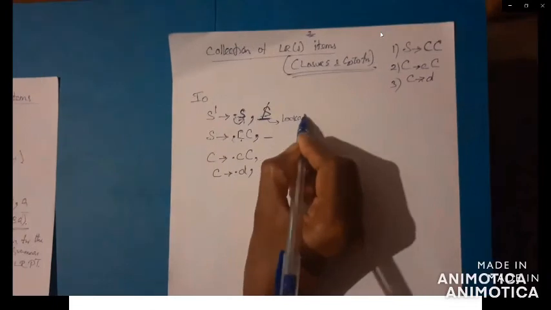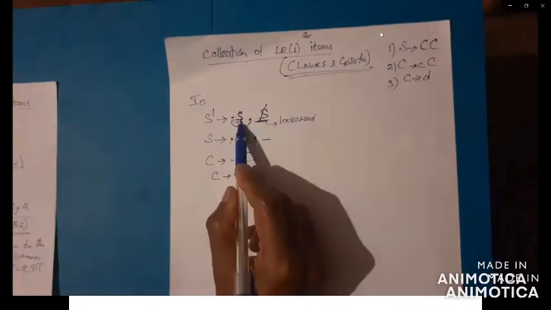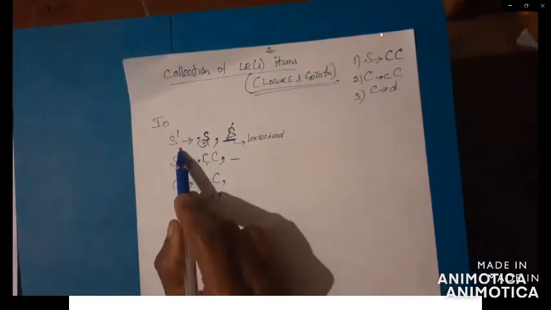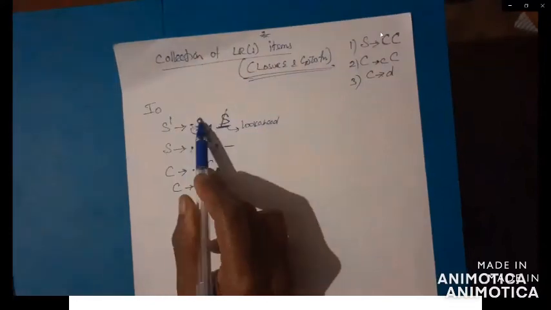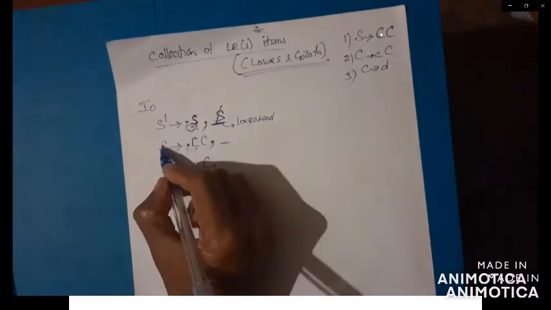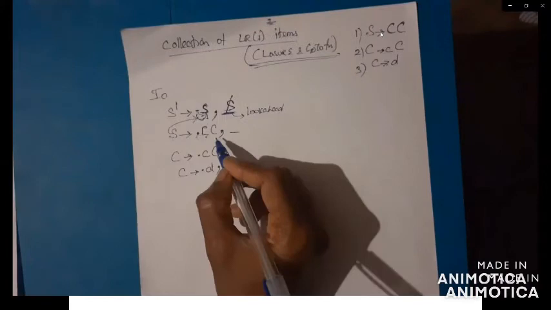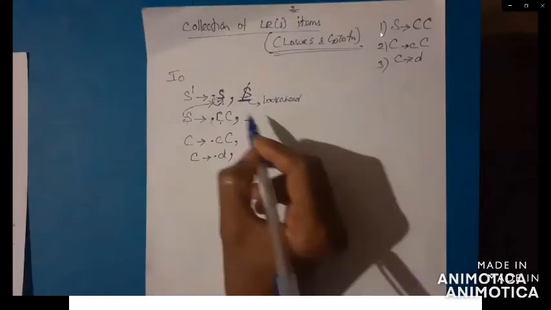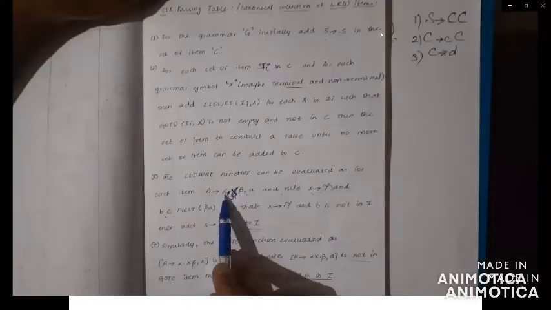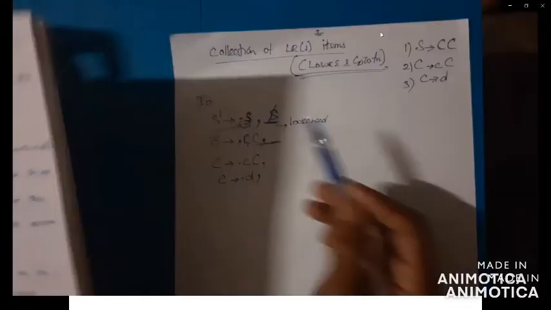So here this production will be S tends to dot capital C capital C. This production comes from these grammars only. It's correct. So the dot's immediate right side is a non-terminal, the capital S, and the production is CC. So you have to check the look ahead symbol for these productions. So how to check? I told previously: here A tends to alpha dot X beta and rule X tends to dot gamma. So dot X means you have to add X tends to gamma. So you have to add this production.